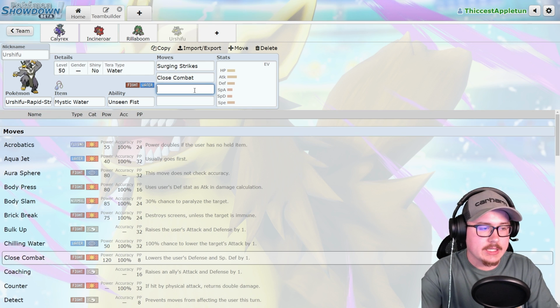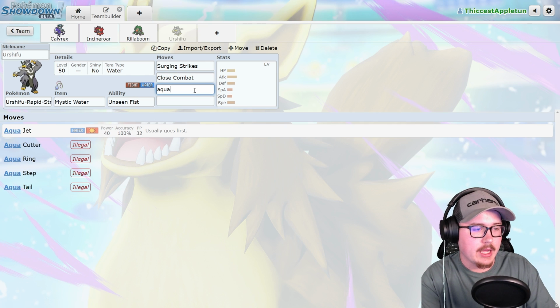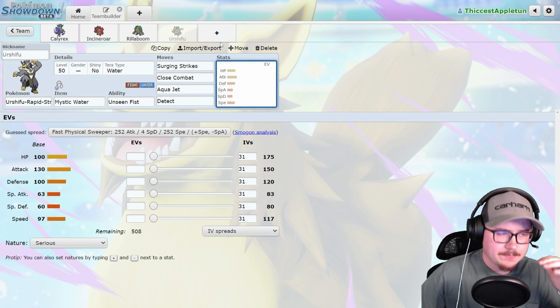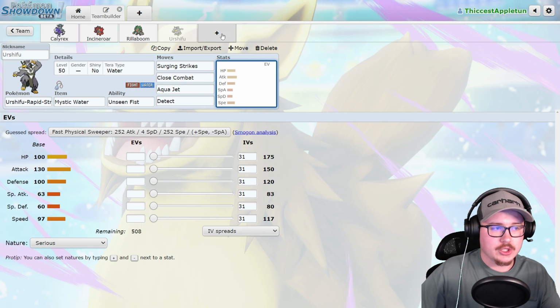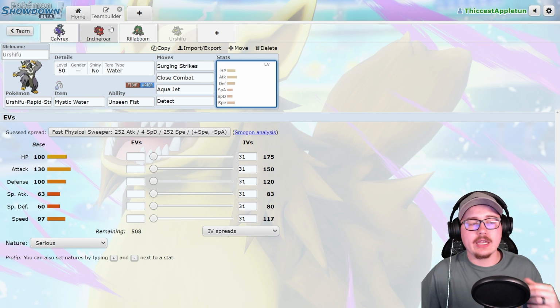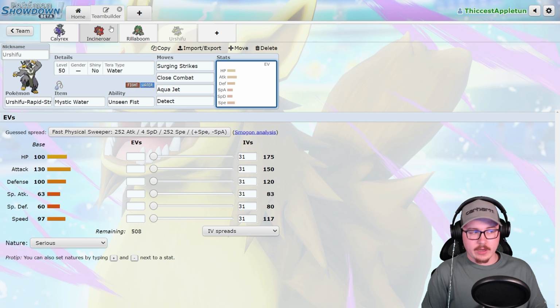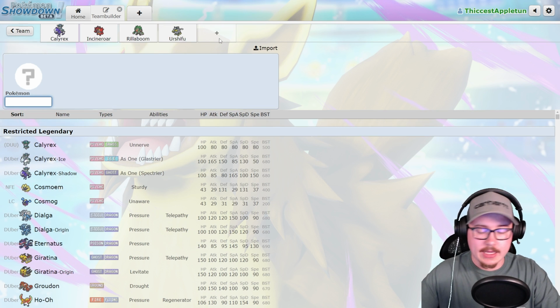So it was running pretty standard stuff. We had Aqua Jet, and then we had Detect. Very standard stuff for Urshifu to just do a ton of damage. And then from there, it was, I need a Trick Room coverage option. I need to be able to deal with Trick Room if necessary, and that's when I landed on Amoonguss over